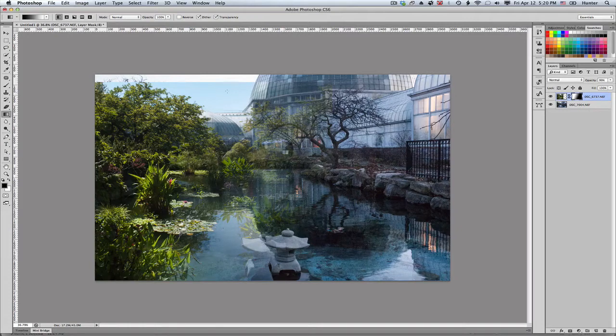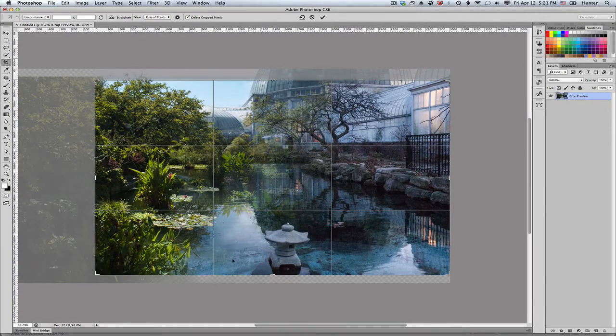And I can actually then get my brush tool, and I want a large size brush. And if there's some areas that the gradient tool just won't get the way I want it to get, I can just come down and dab my brush in certain areas to get the effect that I want, hiding portions of the image. So once I'm done, I want to choose the crop tool, and I'm going to crop that area away,